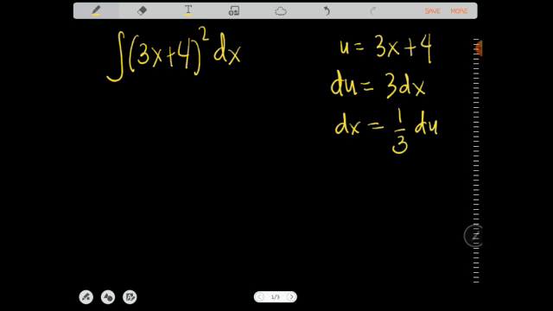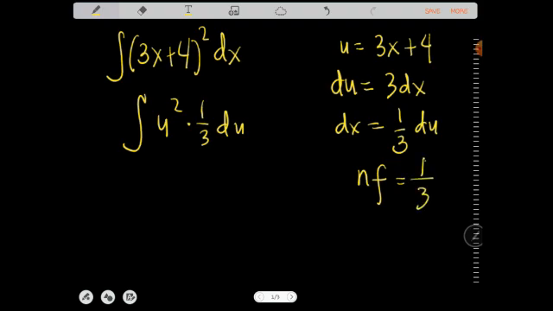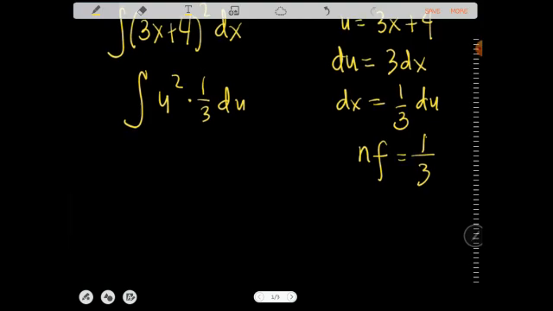Okay? And pwede na natin siyang i-substitute dito sa ating equation. So, integral of u squared, then yung dx is 1/3 of du. So, kung mapapansin nyo, na merong coefficient na 1/3 yung du. Yun yung tinatawag natin na nf na ilalabas natin sa left side ng ating integral. Yung nf is the neutralizing factor. So, para ma-neutralize yan, ilalabas natin ito dito. At ang matitira sa ating right side ay u squared du, which is applicable na yung ating basic integration